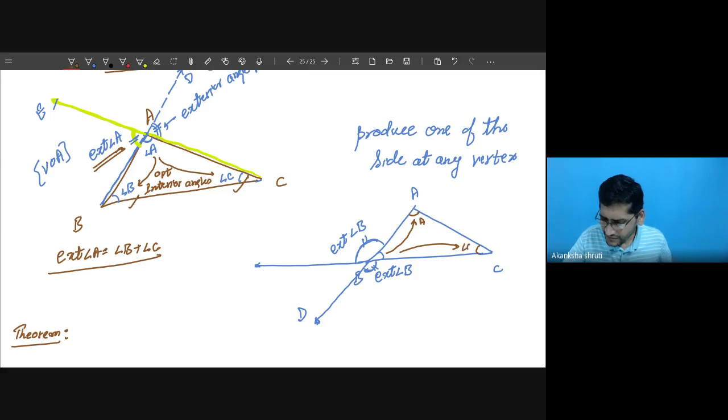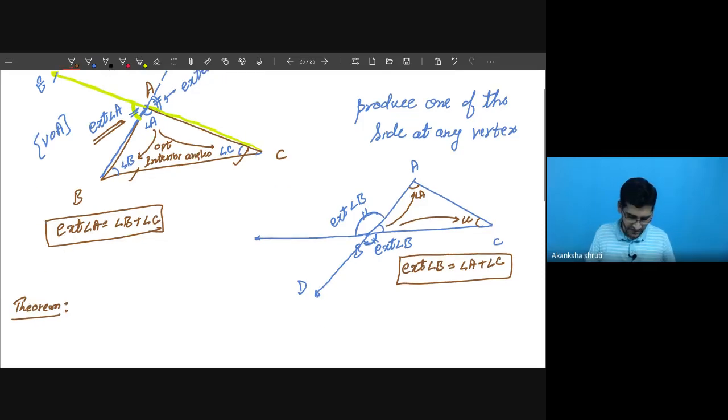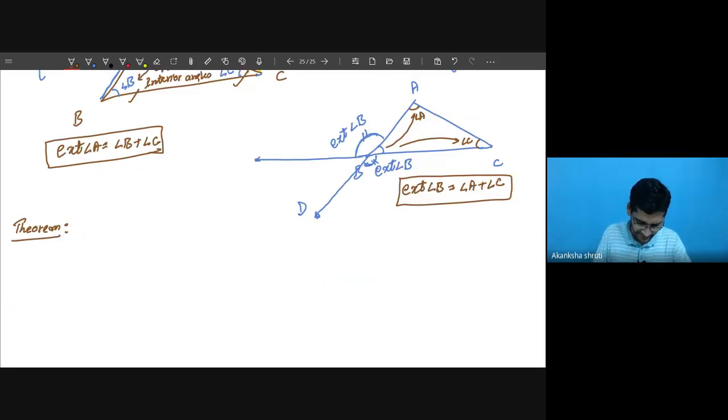If I am writing for this figure, it will be written like this: exterior angle B. B is already taken for the exterior. What is the leftover angle? Angle A, and the other interior angle is angle C. Yes. So these are the things. The same thing can also be written for vertex C, where the exterior angle can be framed. So the general form of writing this theorem is that